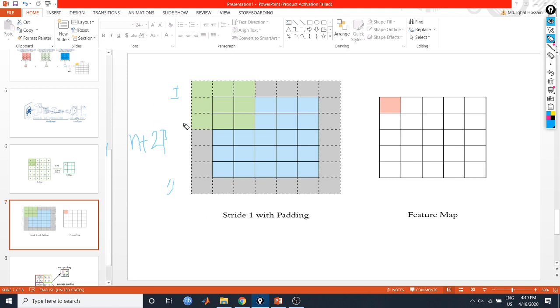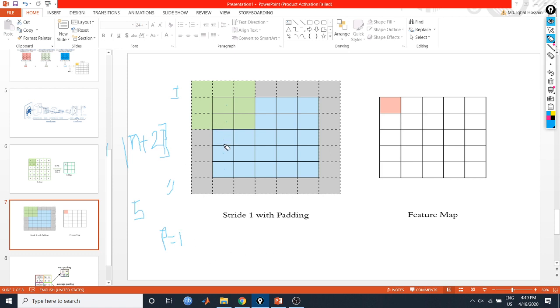So this is my final array. Let's say n equal to 5 (1 2 3 4 5), and I got p equal to 1. So my final array becomes n plus 2p, equal to 5 plus 2, equal to 7.